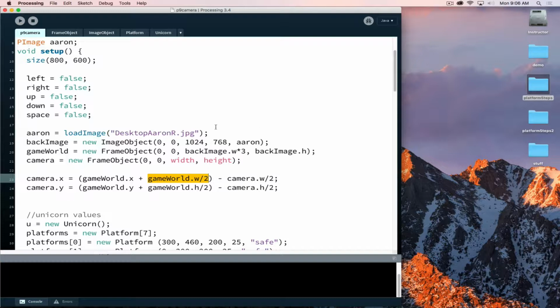So now the camera is centered, because remember, the camera isn't drawing from its middle. The camera draws from its origin point, top left corner. So that's why we move back to the top left corner of the camera with these 2 lines here. So this now makes the camera,